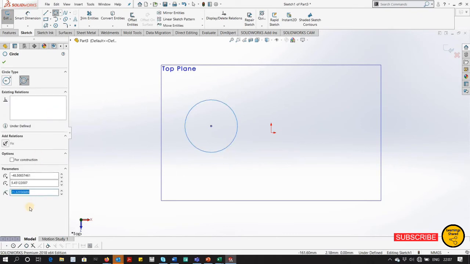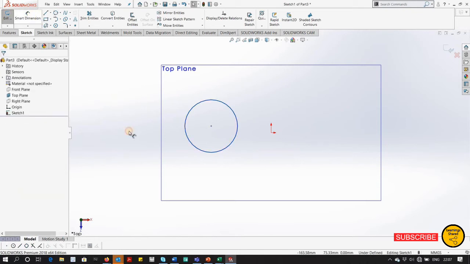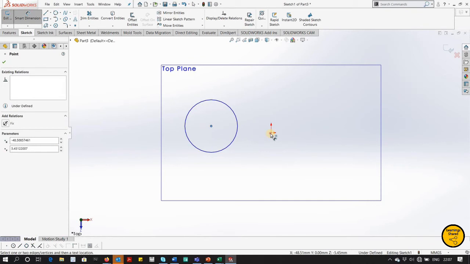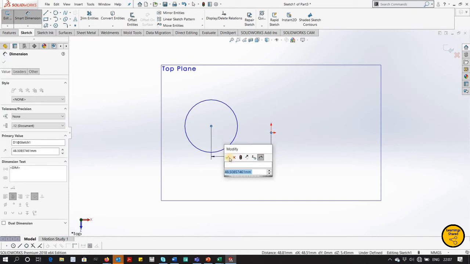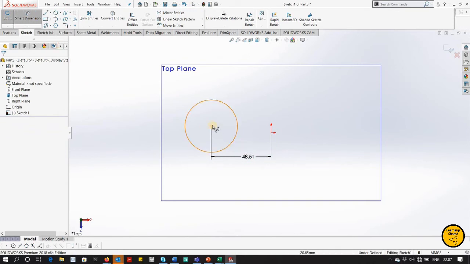Now in the left hand side you can see all the options. I have already discussed these options, so I will not discuss them again. And again, if you want to make it constant, you have to give the dimensions, the x direction and the y dimension.